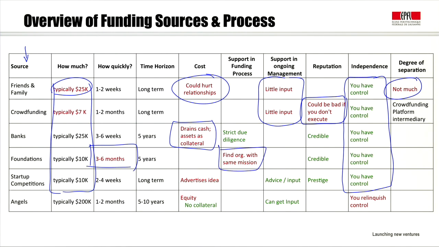Startup competitions are great. You get great advice. If you win it, you get great prestige, good for your reputation, and on the downside, you are advertising what you're doing to the rest of the world. And then finally,